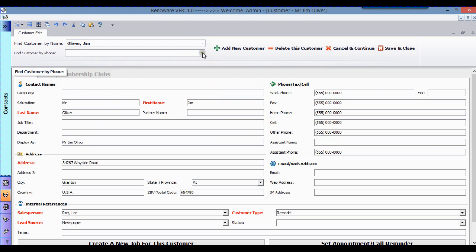You can also look a customer up by telephone number. Here we have add new customer, delete this customer, cancel, and save and close. Very standard in all of these different areas. You'll notice in this screen again the tabs and mandatory fields. There is also the setup that logically when you tab or enter, either one works, it will take you through the various screens, and you'll see how it is actually